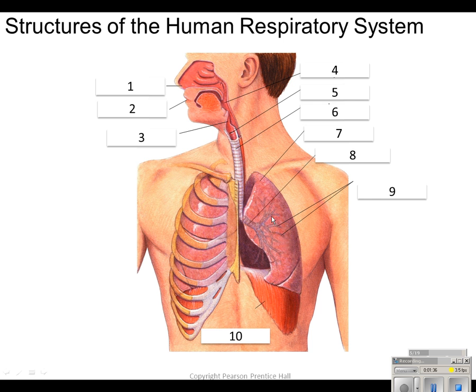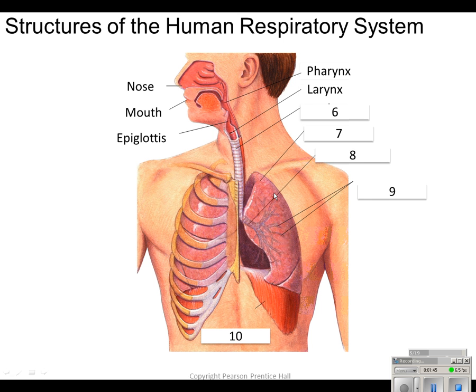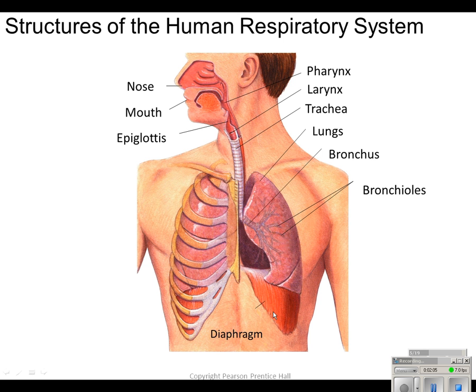The respiratory system is going to consist of the nose and the mouth, the epiglottis, which you've heard from in the digestive system, the pharynx as well, larynx, which is the voice box, the trachea, or the windpipe, the lungs. There's two. Anytime you hear pulmonary, we're talking about lungs or pleural tissue. The bronchus is a large tube leading into each of the lungs that branches off from the trachea, and the bronchioles are the smaller tubes that branch off of each bronchus. And of course the diaphragm, which is the strong muscle that is at the base of the cavity.